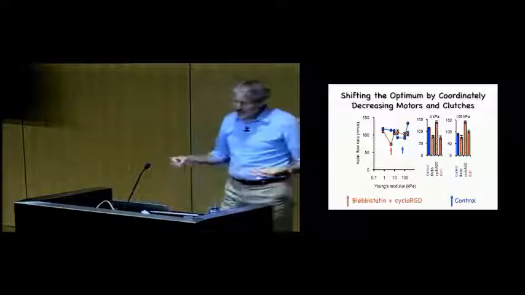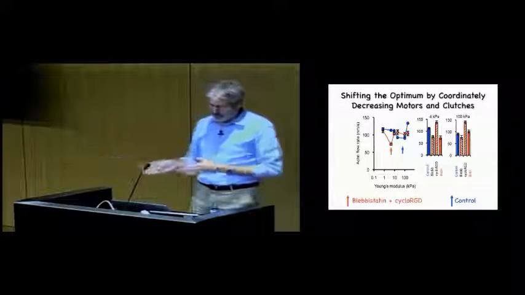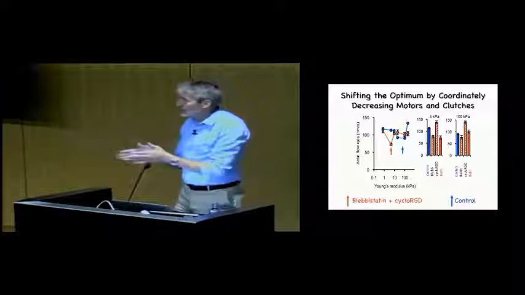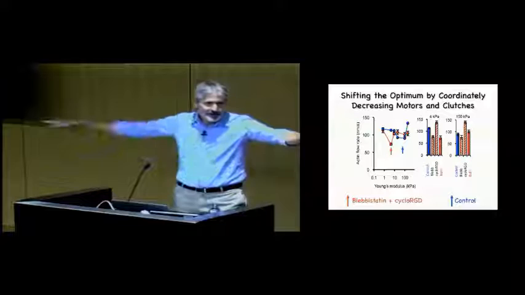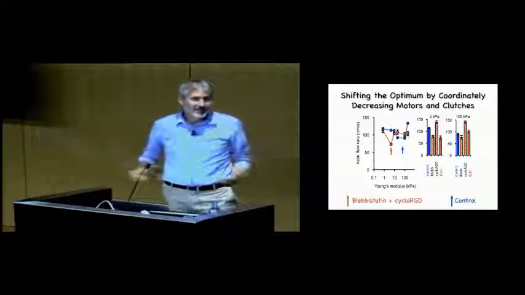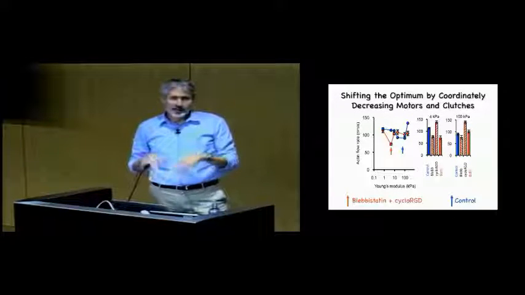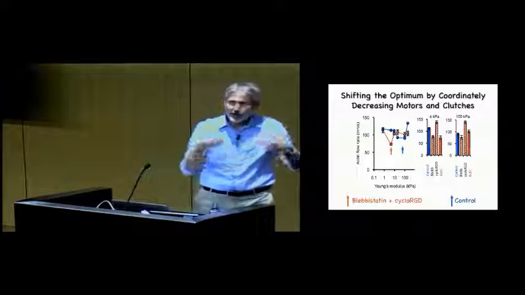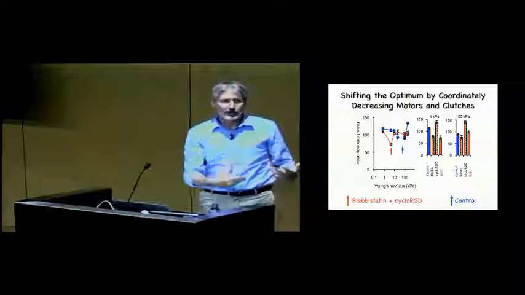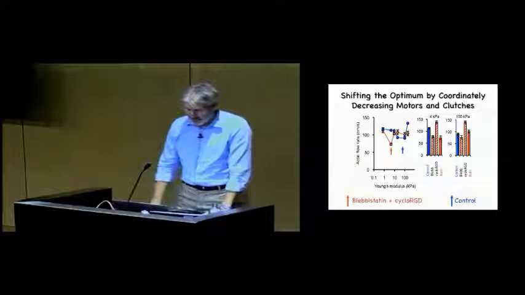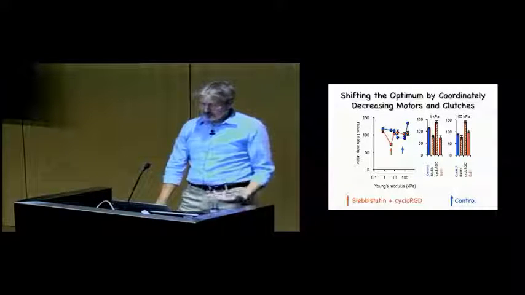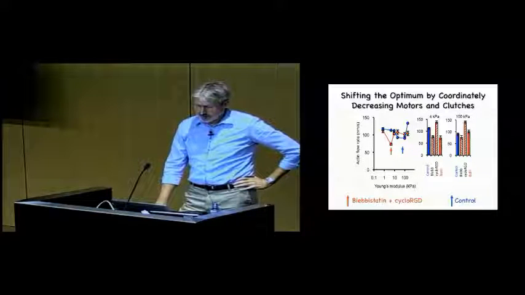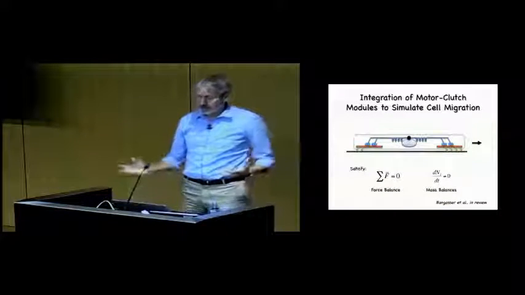This whole time, we've been talking about a motor clutch system, like one protrusion, which we can study. But we know that that protrusion is linked to other protrusions, and they're all pulling on each other. And at this point, we had not yet gotten to what about a cell actually moving through its environment, which is the biological and medical thing we really cared about at the outset. So we took to upping the model now to create a simulator of how cells migrate,